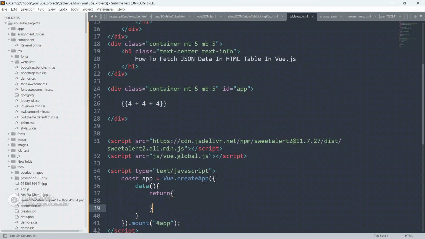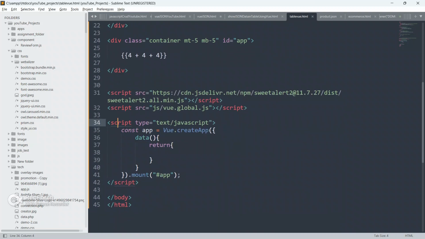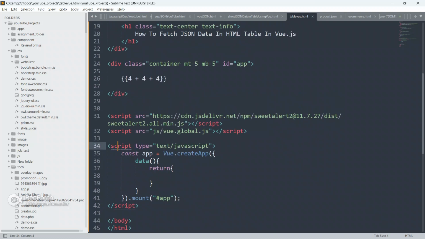So guys, now whatever expression you write inside the curly braces, it will be compiled by Vue, and it will show you the result. As you all know, whatever expressions, whatever functions, whatever JavaScript we have to write in our code, we have to write inside the double curly braces.